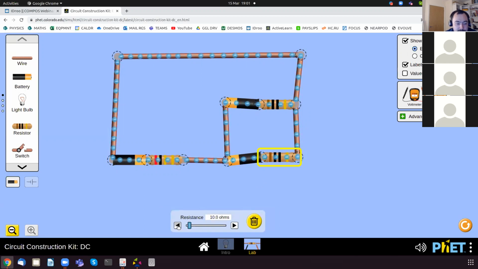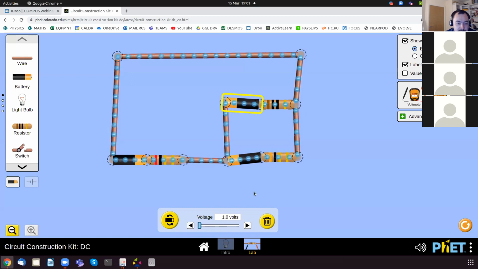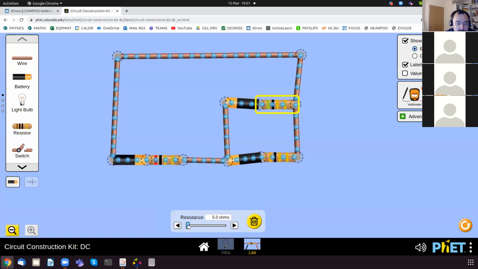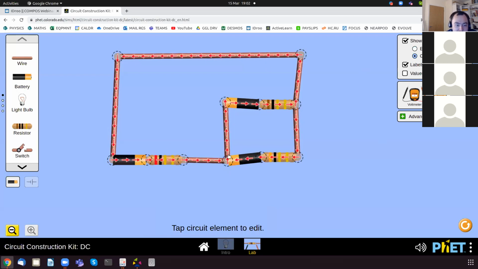And this is going to be 3 ohms. 3 ohms. And this is going to be 1 volt. Can I actually? Can't change it. 1 volt and 1 ohm. All right, so let's see the current. Oh, the current direction is correct. Look at that. We've guessed the direction of the current correctly,